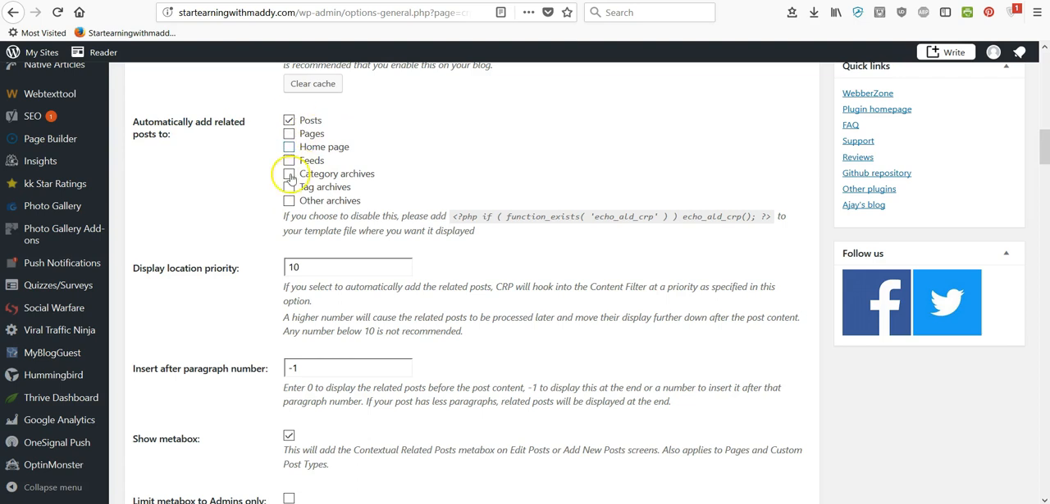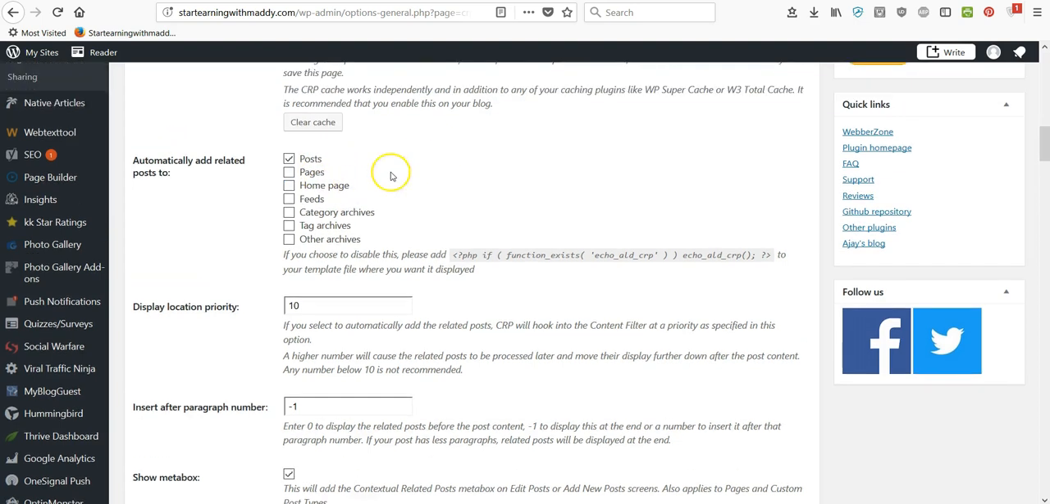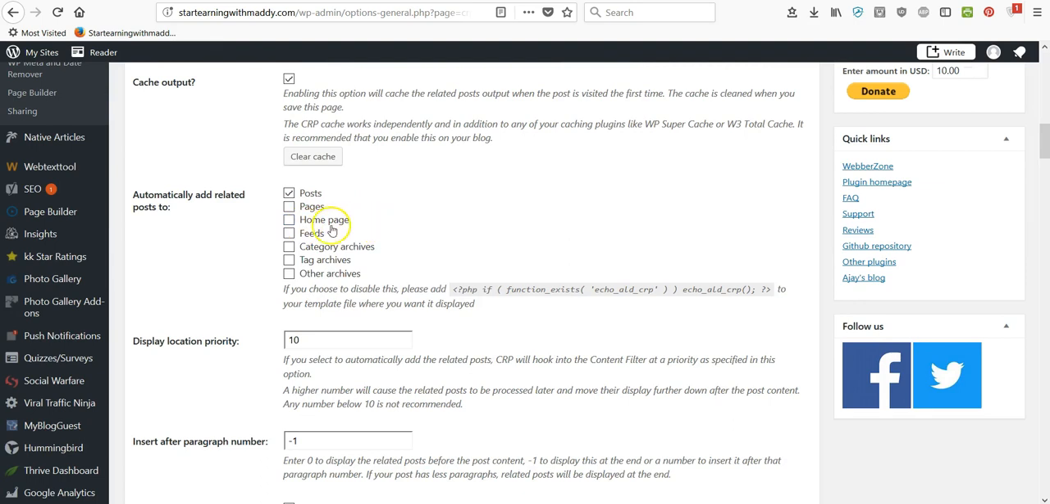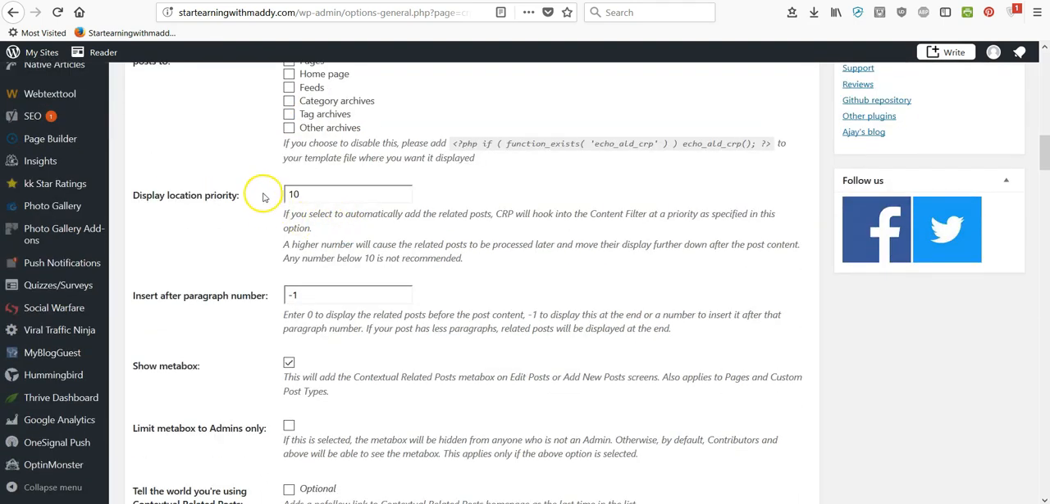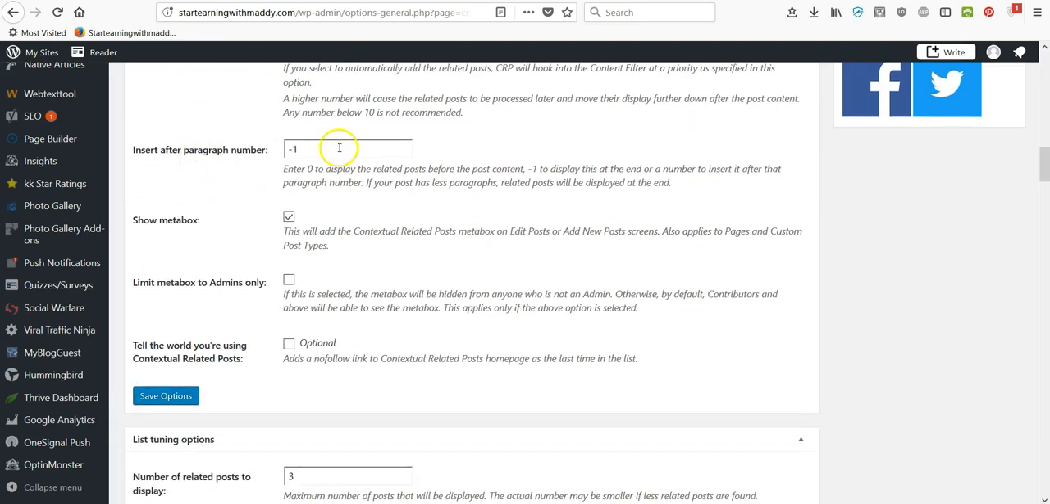With this option, you can tell the plugin where you want the related posts to appear. Do you want it to appear only in posts or pages or home page? I normally do it only on posts because pages and home page are really specific for some other things. And the next parameter that is important is this insert after paragraph number. Normally the related posts